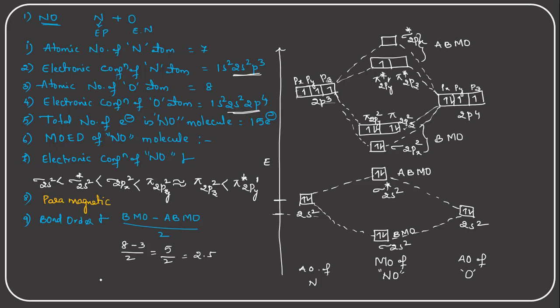That means the bond between the nitrogen and oxygen has 2 fully fledged bonds, and another bond that is a weaker bond takes place between the nitrogen and oxygen. So this is the molecular orbital energy level diagram of the NO molecule. We have discussed the molecule as per MOT theory. Is that clear? Okay. Then next, let us go on.